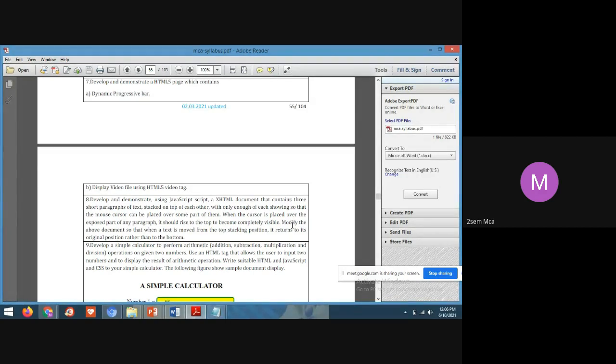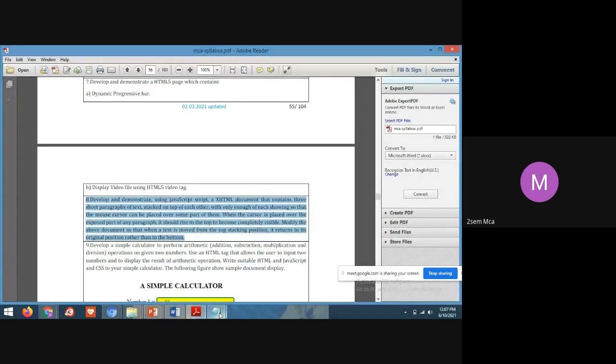Modify the above document so that when a text is moved from the top stack position, it returns to its original position rather than the bottom. So when I remove my mouse pointer, it should go to its original position only. It should not change the position. According to this problem statement, you need to write the program.